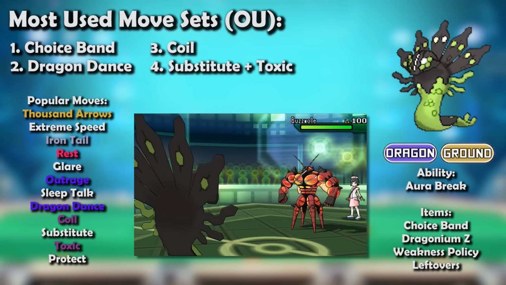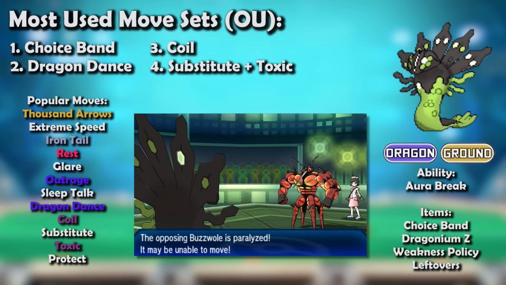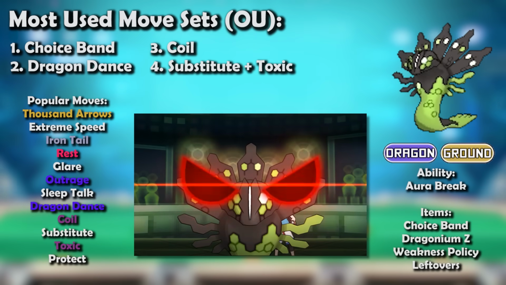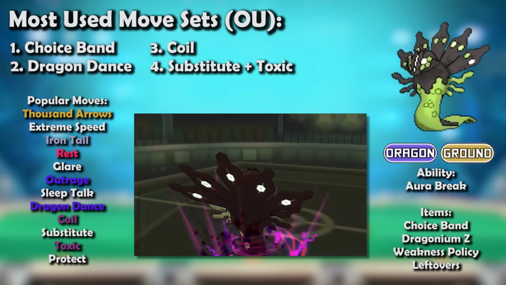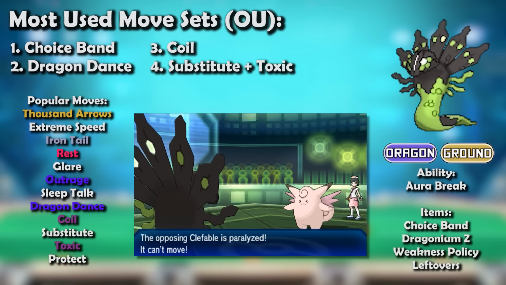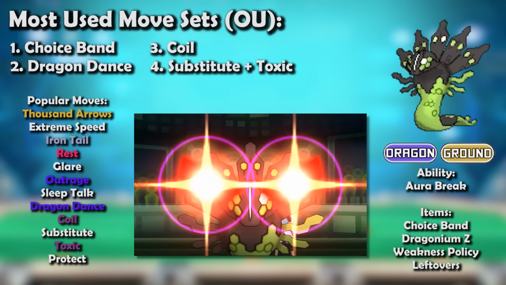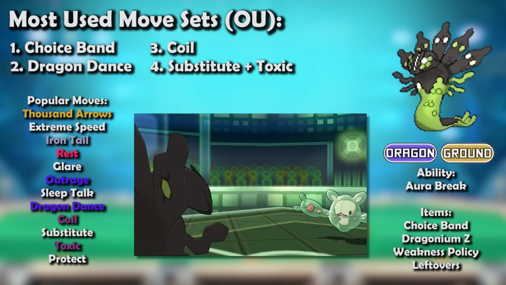Things started to get out of hand in Ultra Sun and Moon, as the player base noticed just how flexible Zygarde's moveset could be, and they began to experiment more and more with Glare, appreciating the sheer game-breaking power of an opponent fully paralyzing in the face of something already so dangerous. Suddenly, Choice Band sets realized they didn't need Outrage, and were now running Glare, yes, a Choice Bander spreading paralysis,